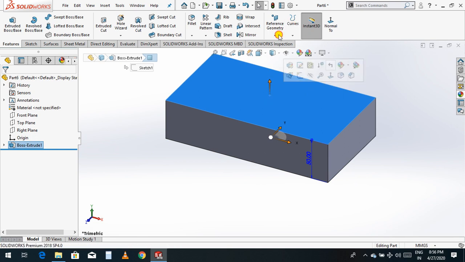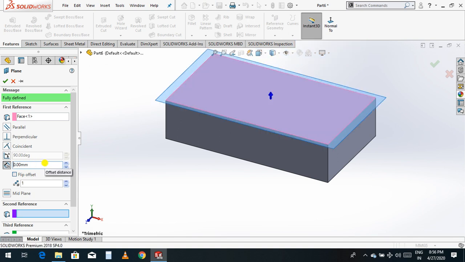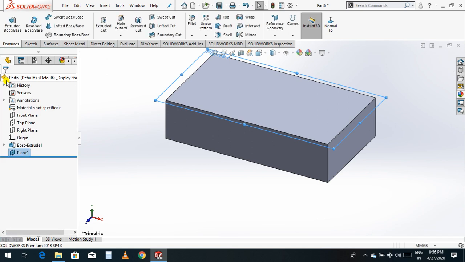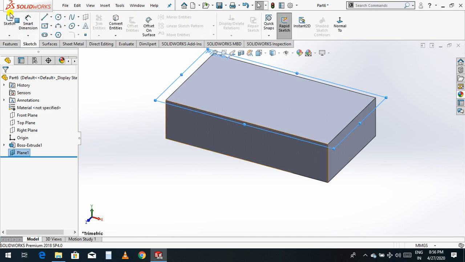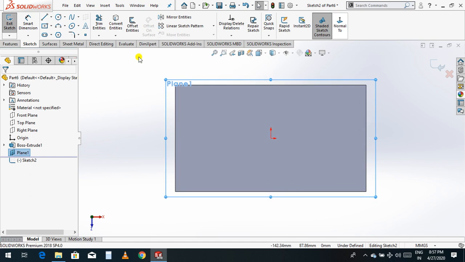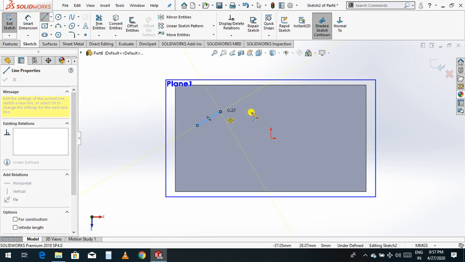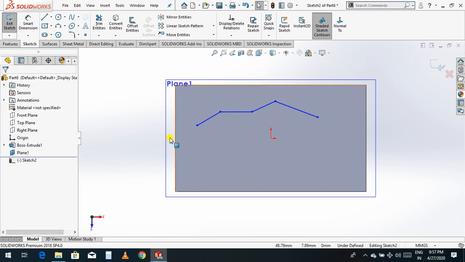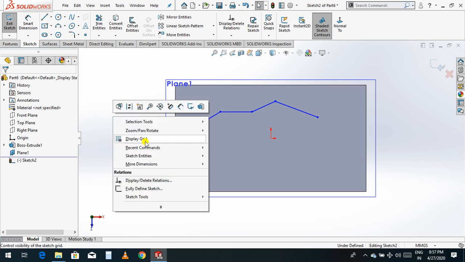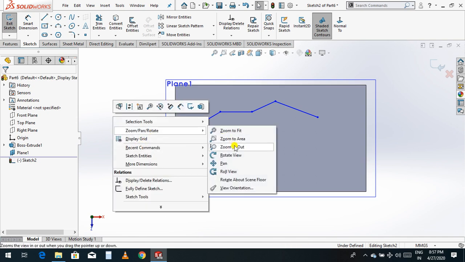plane, sketch, normal, and give it 0. And go to sketch, normal, and make one path here, like this, and then you just rotate the plane.